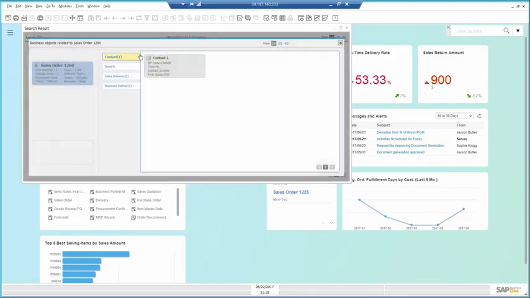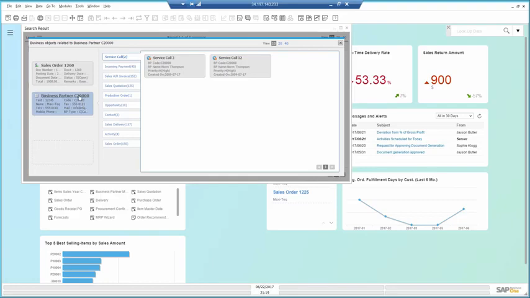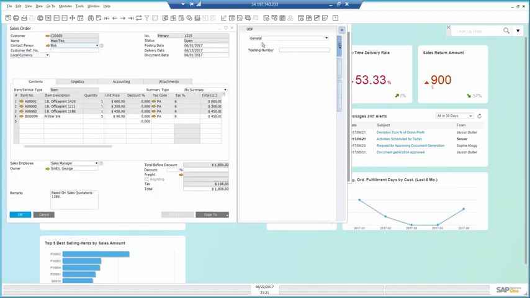I can find out more about this order, like the items that were in it, any related documents such as deliveries, and anything regarding the customer itself, and much more. When I open the order, I can see it's still open, but just for the last item on the list.